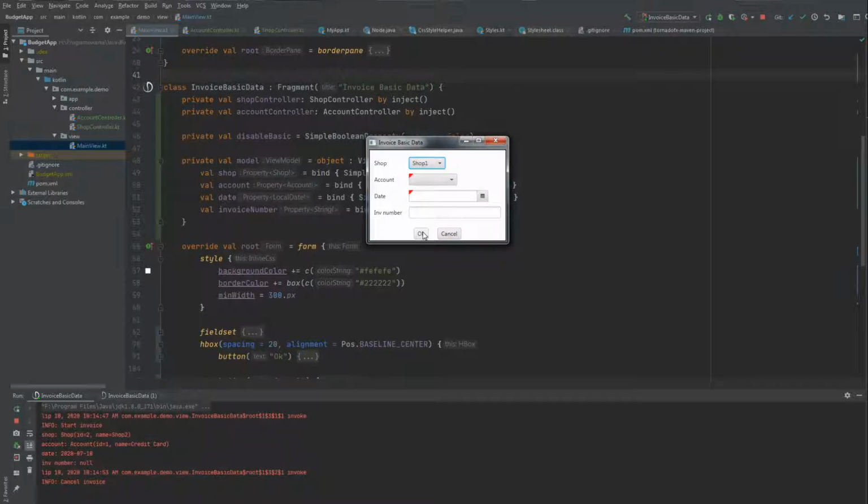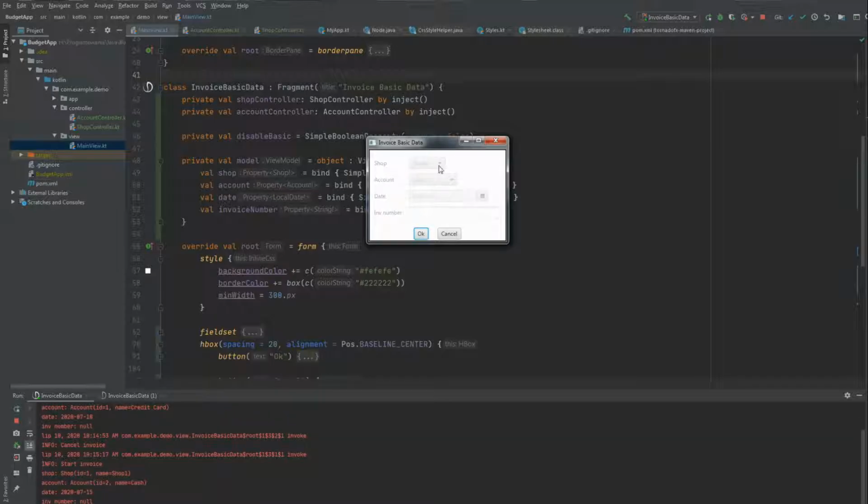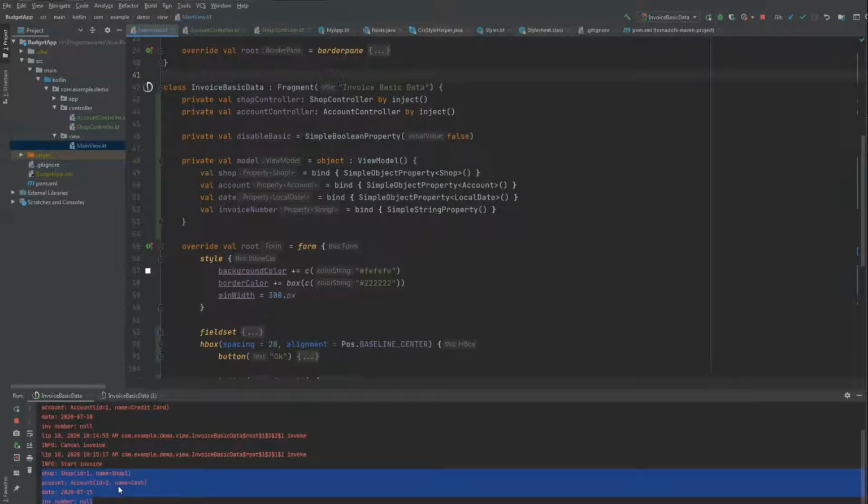I also added validation to the fields so they can't be empty. If any of those fields are empty, a validation pop-up shows up, and I'm unable to confirm this part. When everything is okay, this part is disabled, and we have some information about the values that were chosen in the GUI. If we look at the code, I made two controllers that provide me some data,